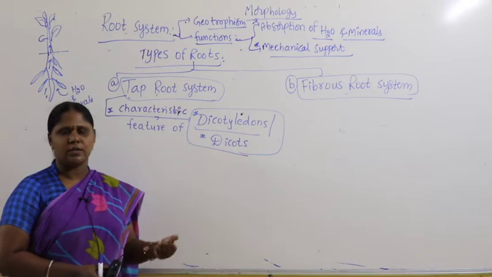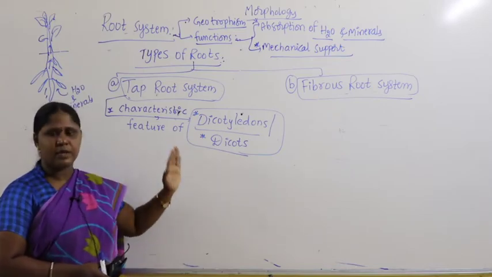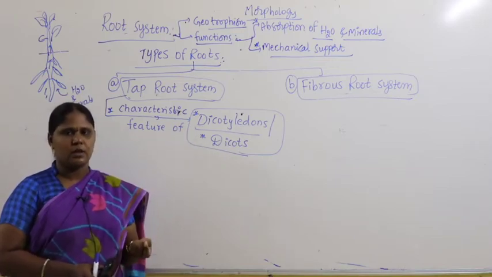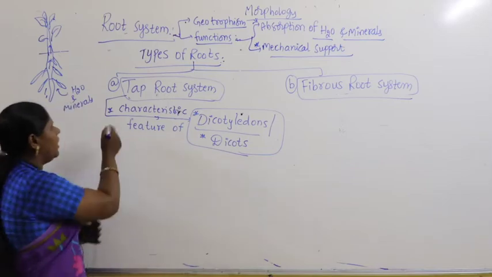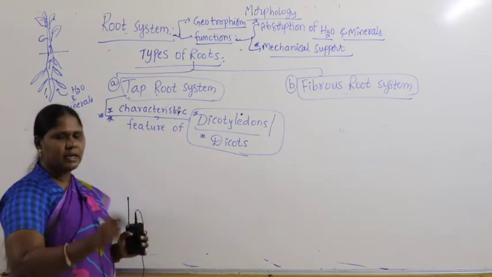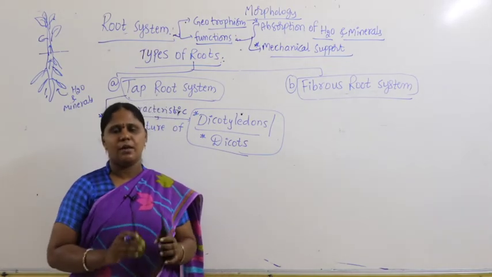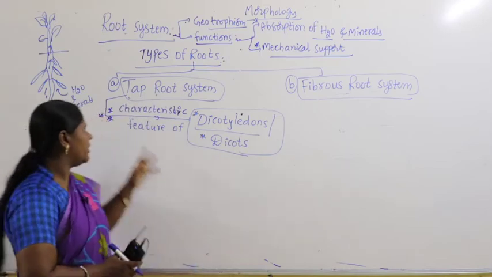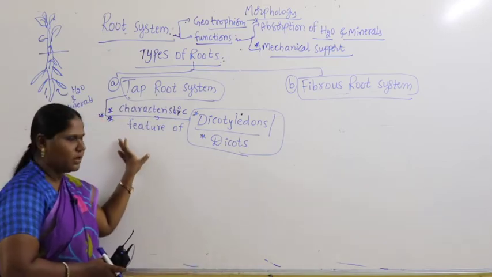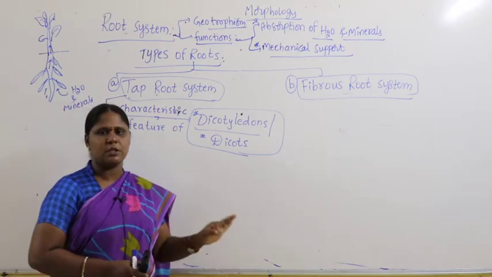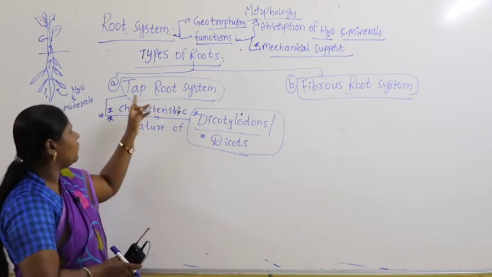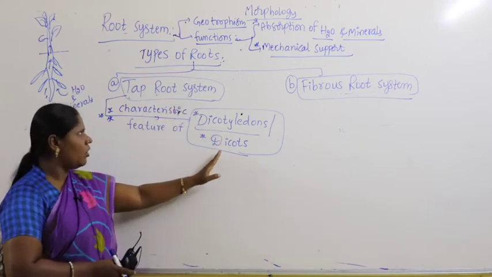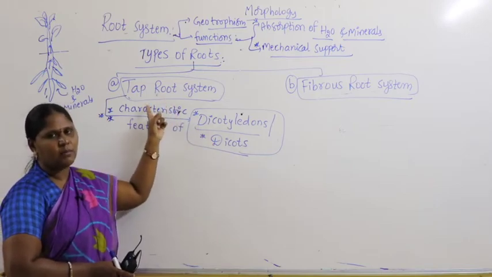After you come back to the college, when classes start, we'll have a weekend exam on morphology, with very simple basic questions. Try to understand, guys, wherever I keep star marks, they are very important points for all of you to refer to thoroughly. Sometimes we get basic questions on the paper: which type of root system is a characteristic feature of dicotyledons or dicots? The answer is taproot system.